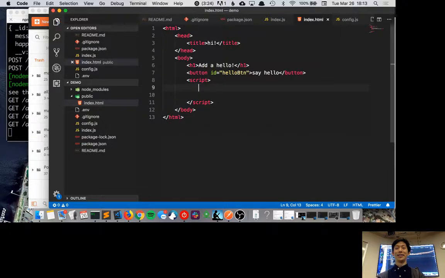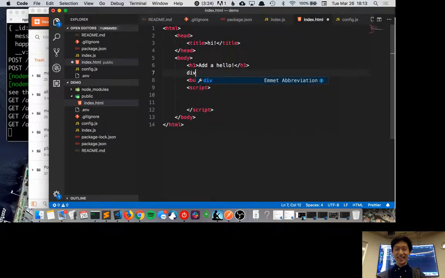All right, so we got this. Let's add a div and call this hello view. We're just going to display how many instances we have in our database, and on click add a post request to our database. So what's going to happen here is we're going to do const